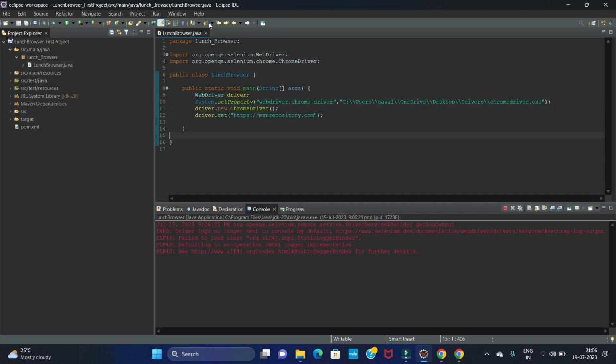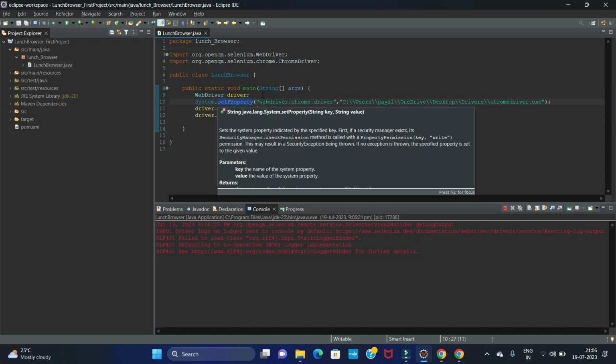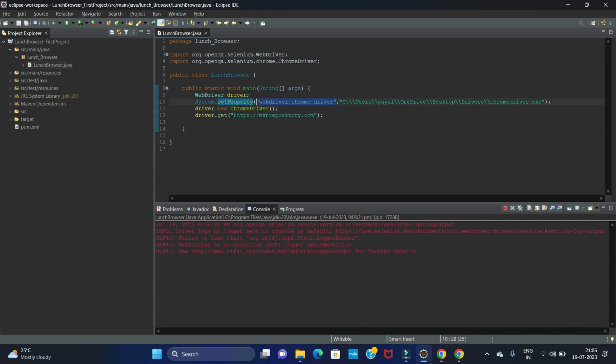So you can see first we created one package. In that package we created one class called launch browser. In that class, first we created one object for the WebDriver. Then we wrote this setProperty method to set the parameter for the WebDriver and given the driver path. Now we have called the driver, with the object which we created for the WebDriver, and just load the method. So in this way you can